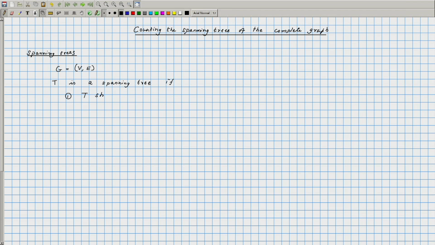T should be connected and the second condition is T should be cycle free. So, it is basically a tree such that there is a path from every vertex to every other vertex. You can say that it is the minimal such graph, minimal in the sense of the number of edges required. So, this is the definition of a spanning tree, and we are looking at the complete graph